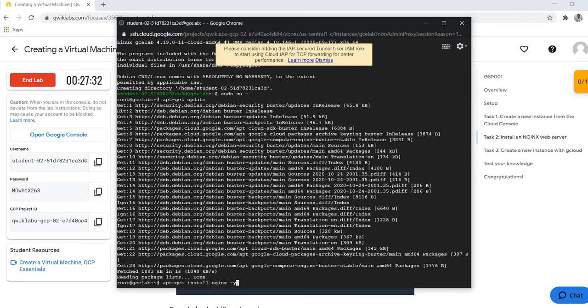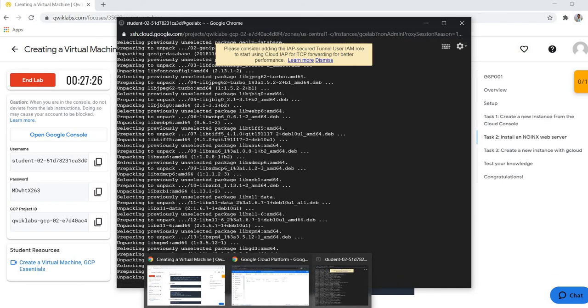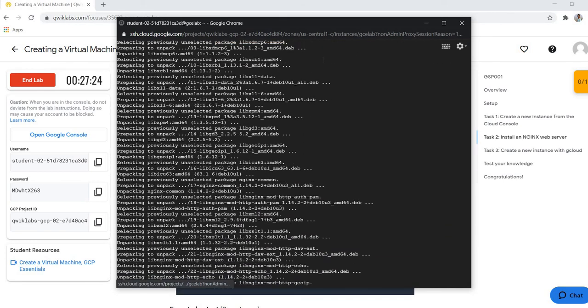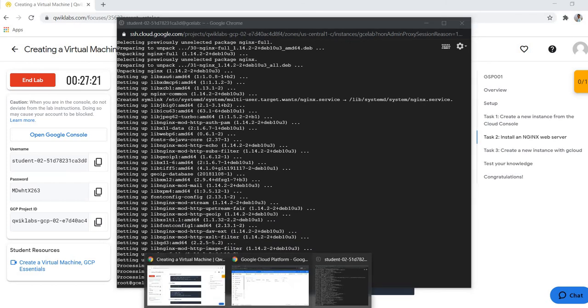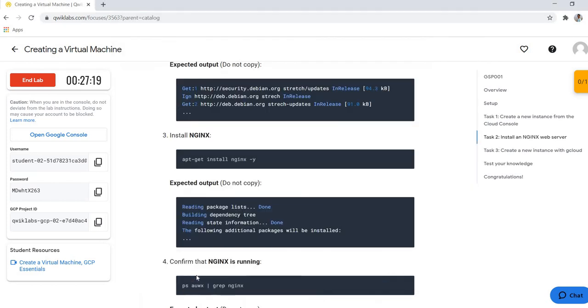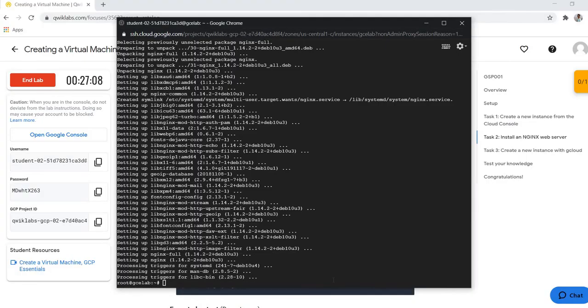Our Nginx is installed. Now let's see whether it is running or not.